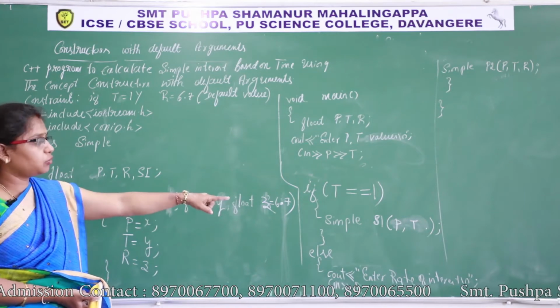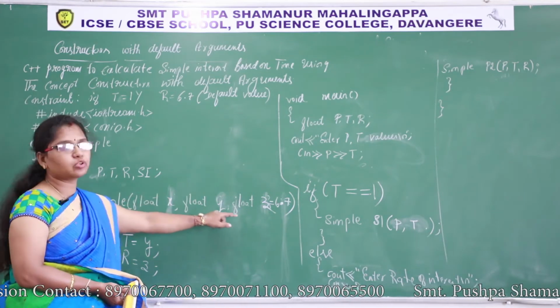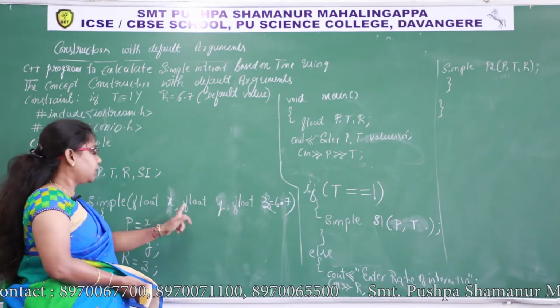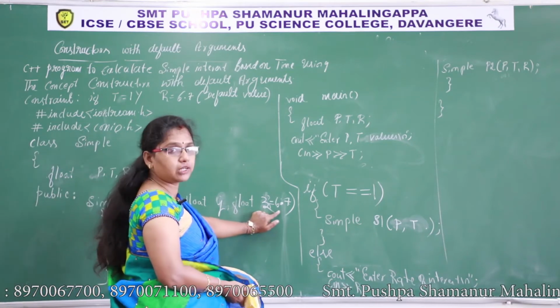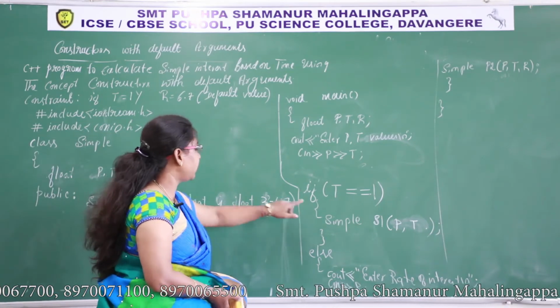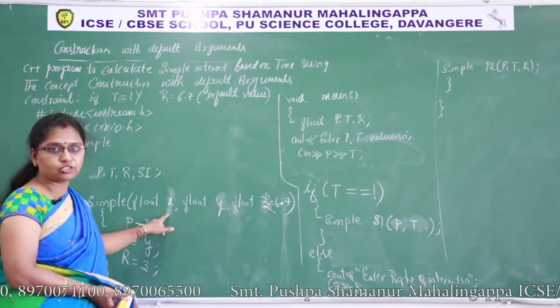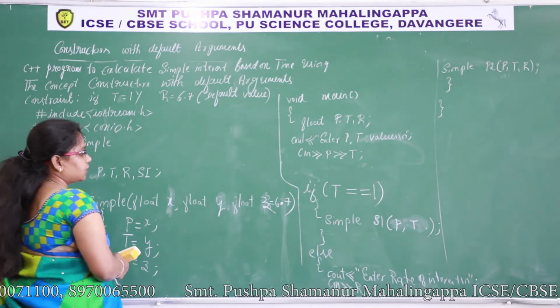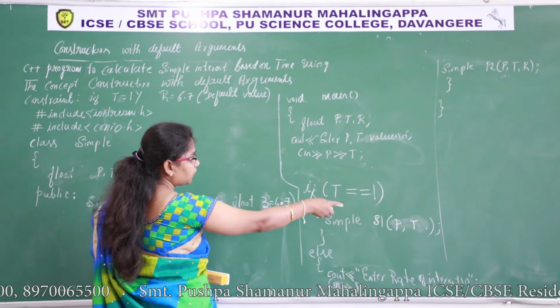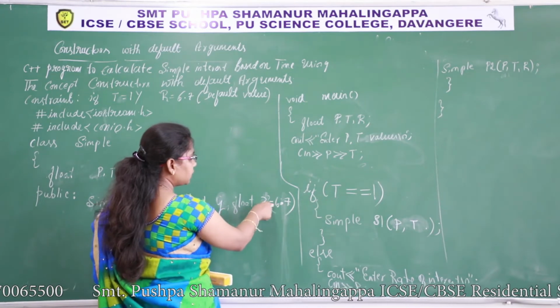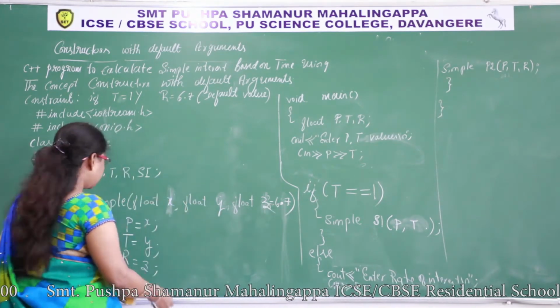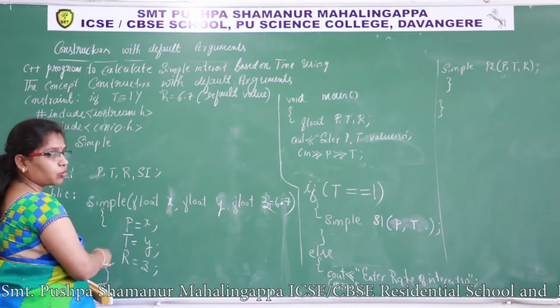Actually there are two arguments. Here I have taken a three-argument parameterized constructor, but I have taken a default value here so that it can be managed from this constructor definition. Now Z value, that is R value, I am not passing from there. So that R value means here 6.7. By default R value gets the value 6.7.